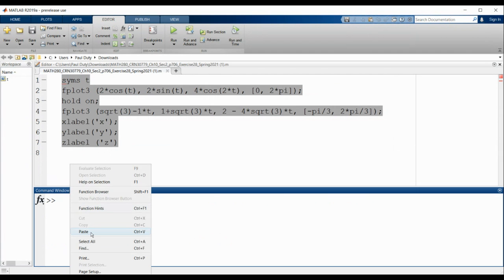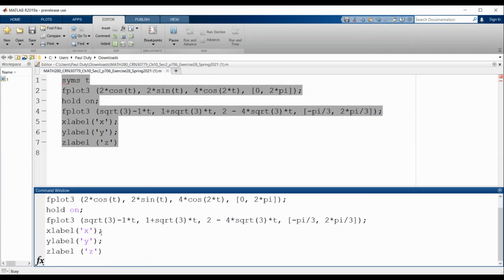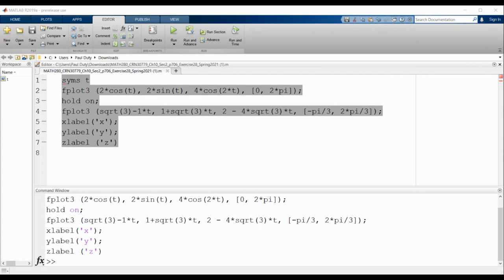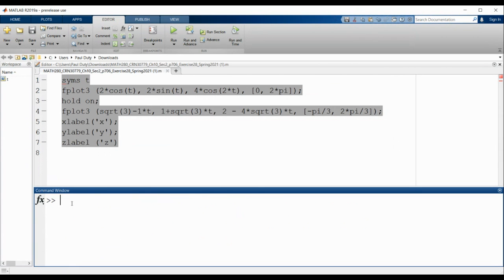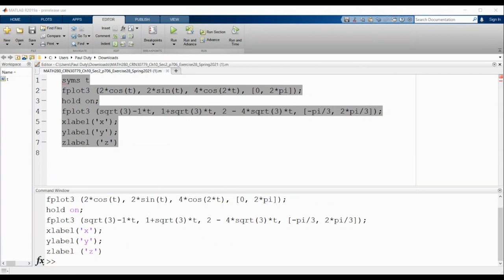Whenever you edit things, you can make unintentional errors. So let's try it again. Okay, let me just do it one more time here. Okay, good. So when I run the code,